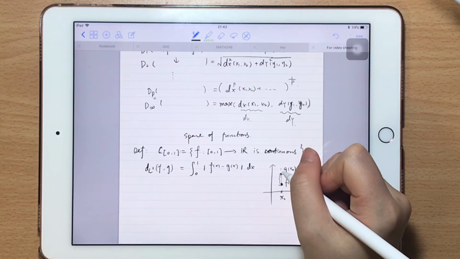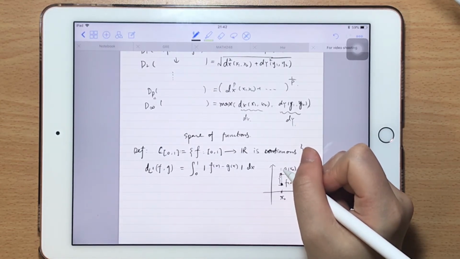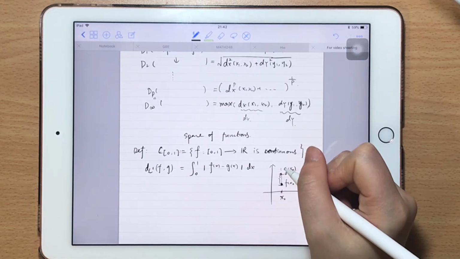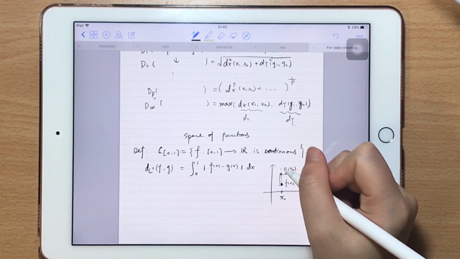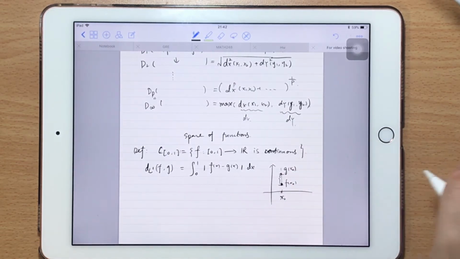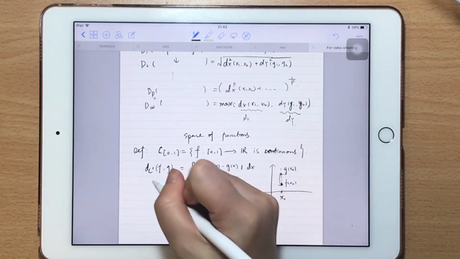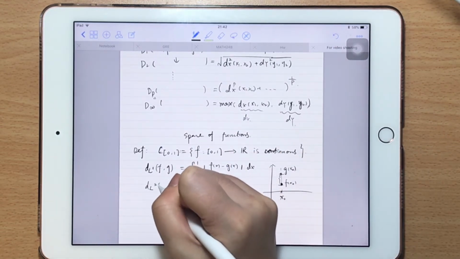And now we're not considering those discrete points, but a continuous line or continuous curve. So we immediately think about taking the integral of it, right? Okay, so this is d_L1,